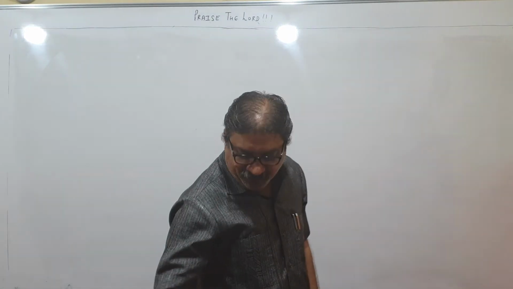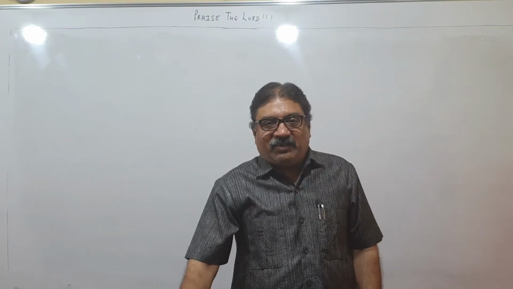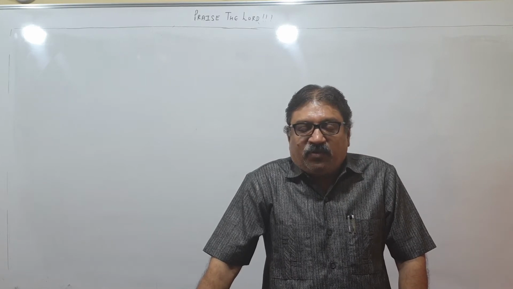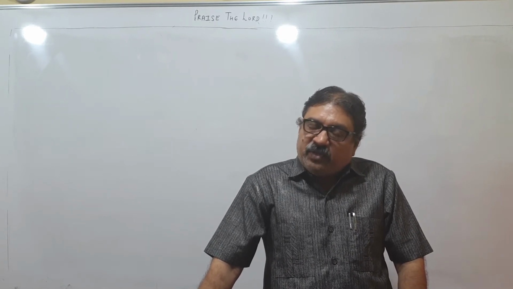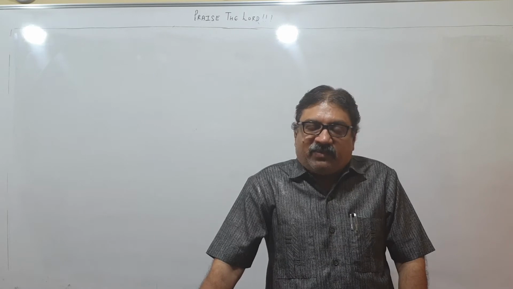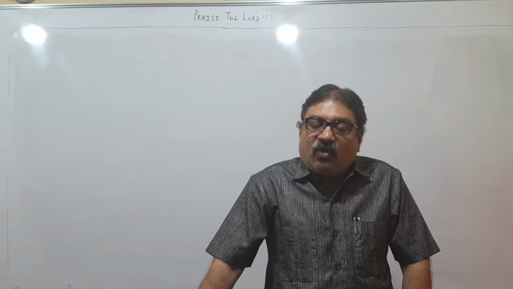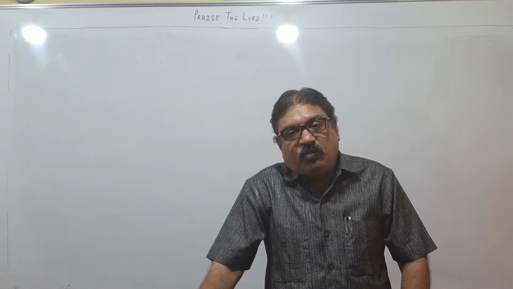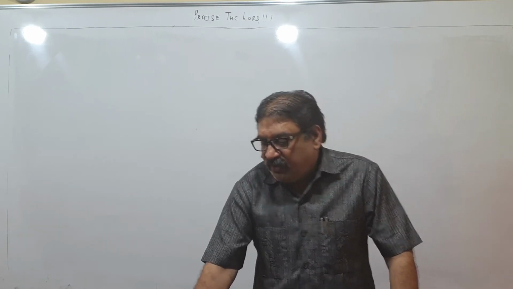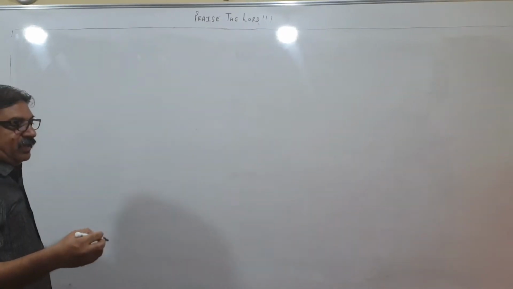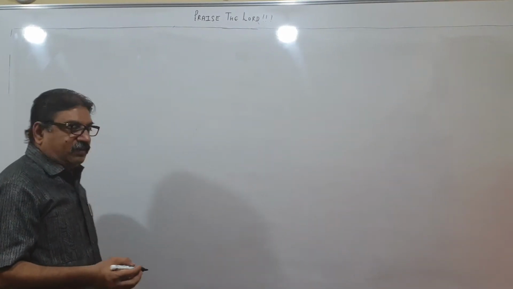Good day, students. Today we will proceed with the chapter of set theory and we will see many more concepts. Today we have to understand what is union of sets, what is intersection of sets, and what is difference of sets. Also, we have to get introduced to Venn diagrams. So, children, please understand what will be union. I will give you examples and then we can go for the definition.